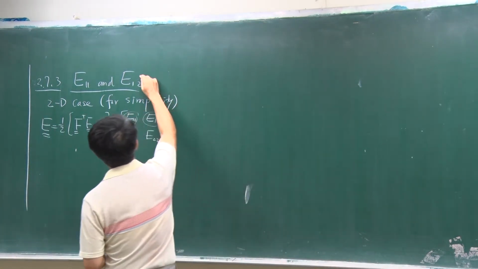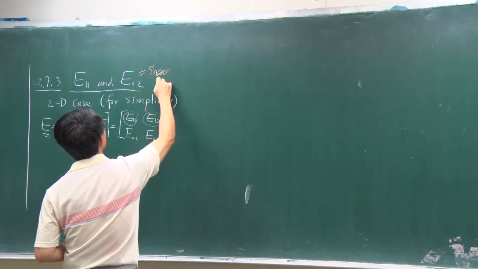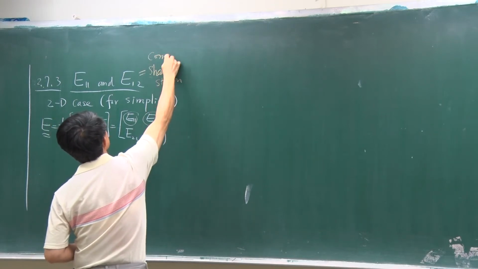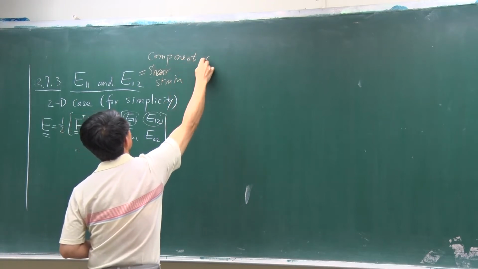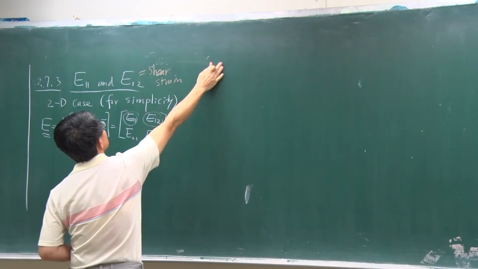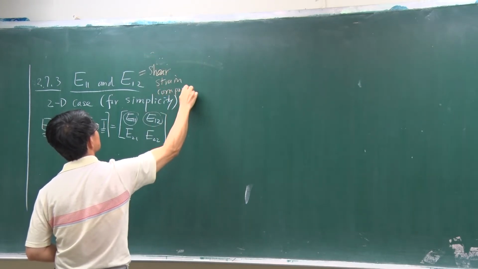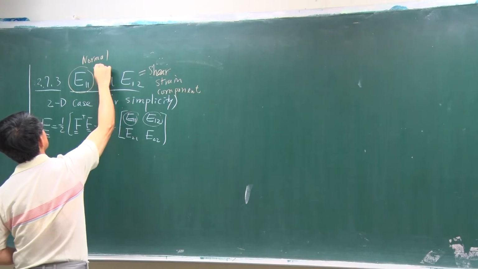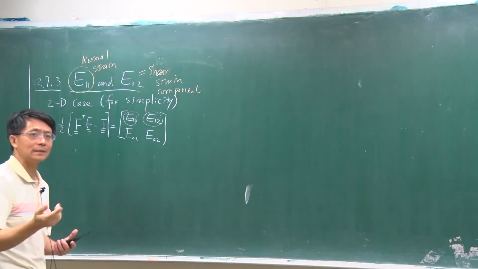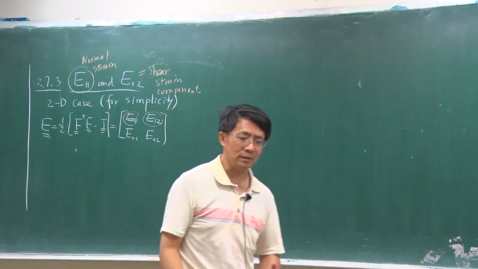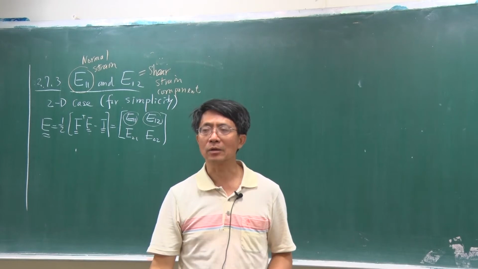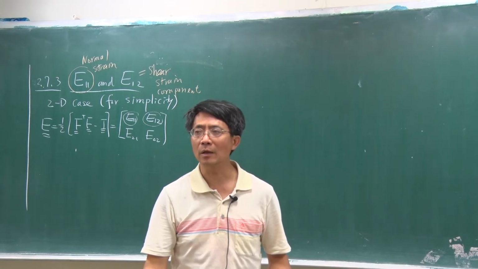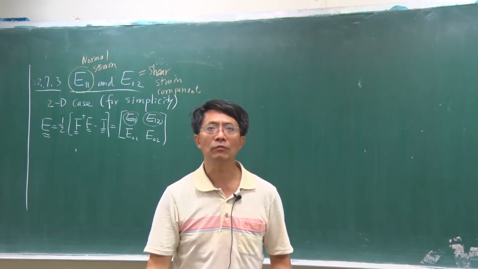This is called the shear strain. 这个是正应变，一个是剪应变。